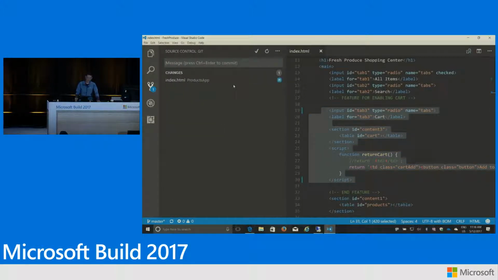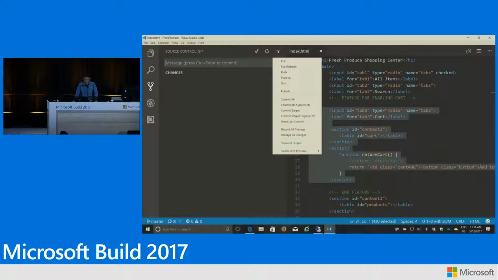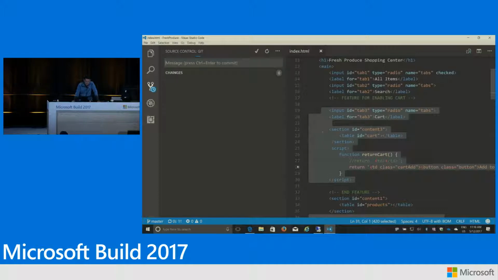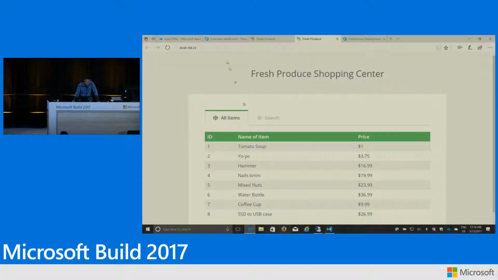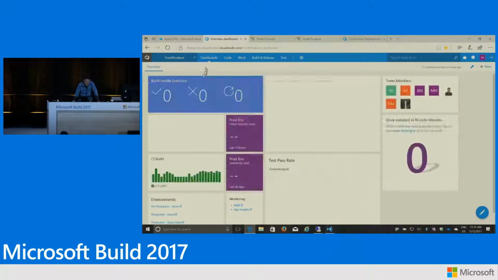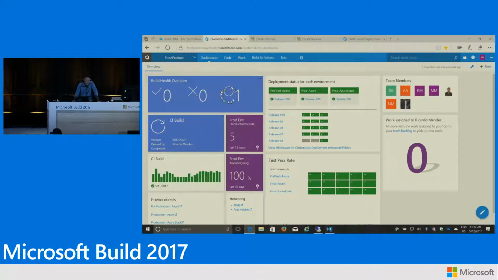So now let's commit. And let's push. Let's go back to our dashboard. And we now have a build running. And that build is running where? Pre-production in Azure. So we wait for this build to finish, and we will see the changes being propagated in